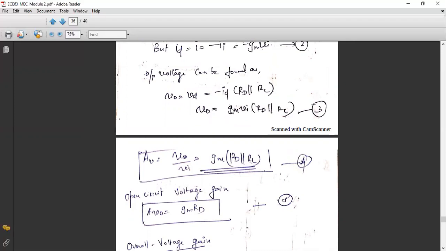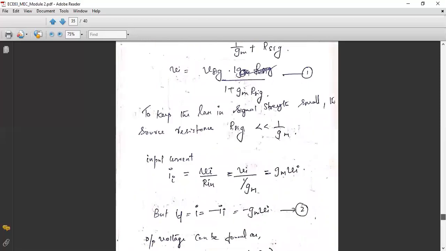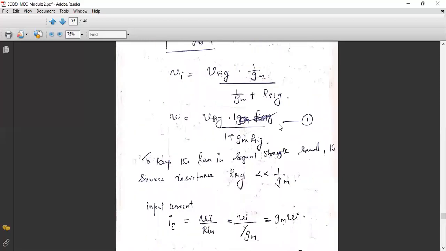So what you have to write is, you have to replace this Vi. No longer are you interested in putting this Vi here. Why? Because you are going to find V naught by Vsig instead of writing V naught by Vi. So you need to replace this Vi in terms of Vsig. For that only, we have written the equation connecting Vi and Vsig in equation number 1. I told you this equation we will be applying at the end.